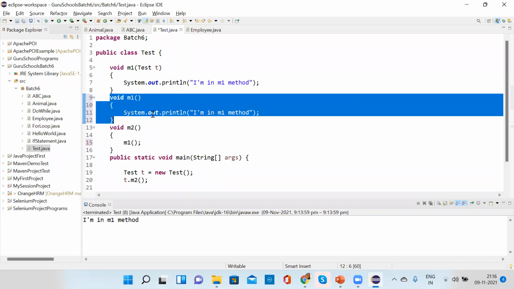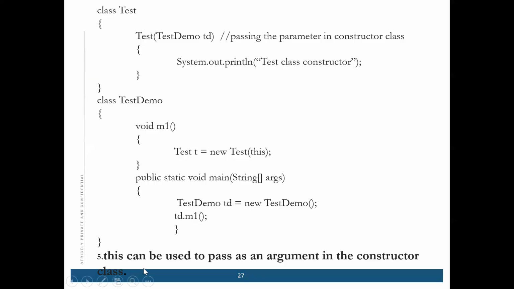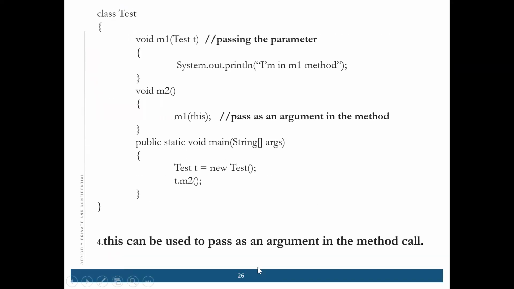Okay, so this is also one of the uses. When we pass an argument like a class object argument, then only we can use this. This is tied together, this type of parameters is tied to this keyword. Only this type of variable can be used when we wanted to pass this keyword. Because we are focusing on this keyword right now, because we are learning about how this keyword can be used.